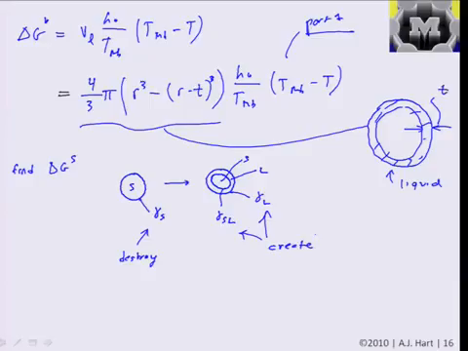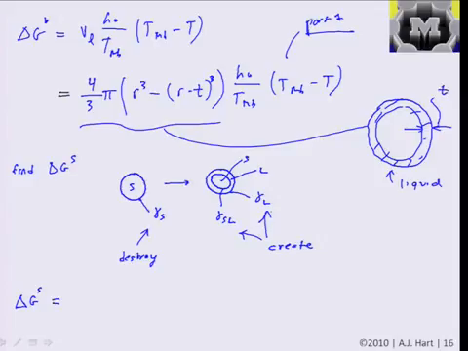So we're just going to say that destroying this surface is subtracting its energy, and creating the surfaces is creating the equivalent energy of that surface. So now we can say that delta G of the surface is just these surface energies multiplied by the relevant areas, and we just add those